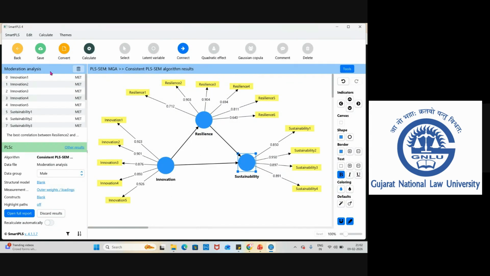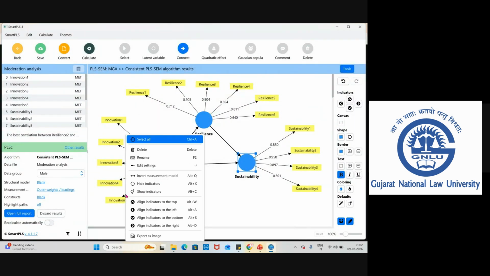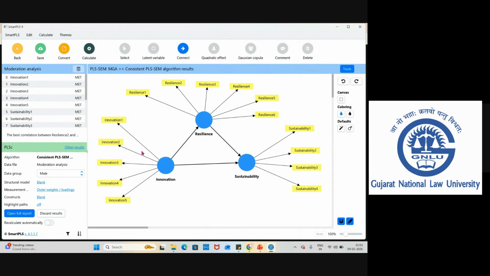Innovation 5, just click on back. I'm deleting innovation 5. Generally we're supposed to delete it, but I just crossed 5.2, 5.8. I'm not deleting right now. Okay, I'm not deleting in this case.